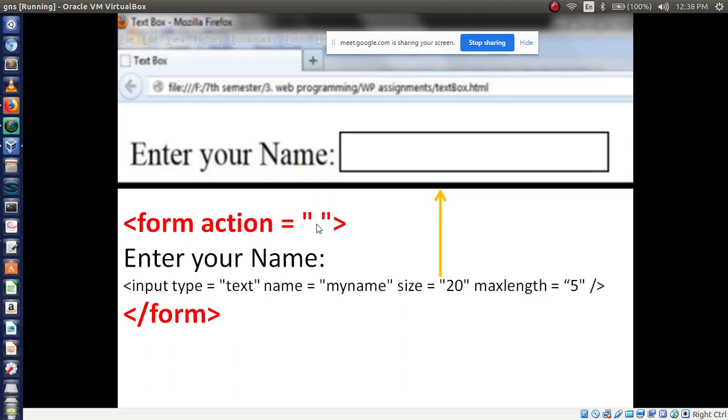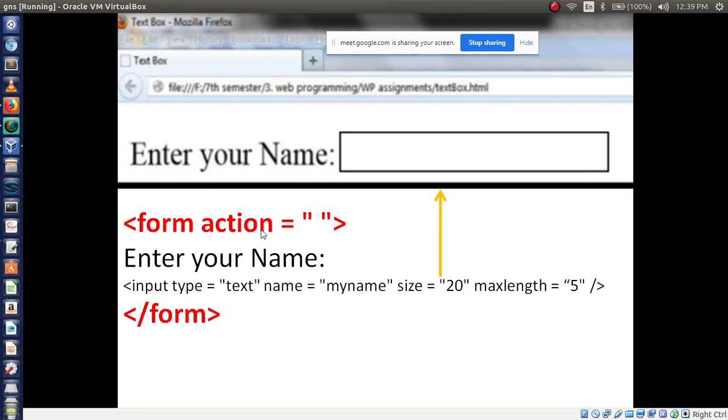Here we have to mention the path. While implementing a project, at that time you will come to know what exactly we have to write here. Or else I can give another demo for this form action later, after completing the form tag. For writing in the exam, you just understand that we compulsorily have to use form, followed by action equal to null. It is fixed for writing purposes.